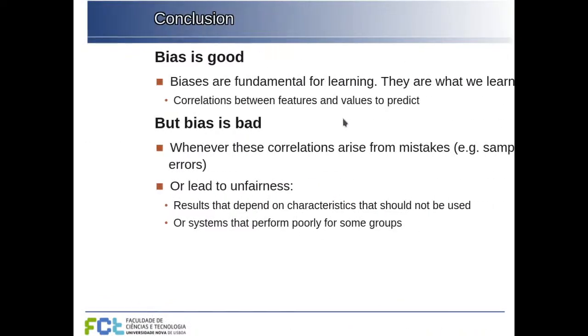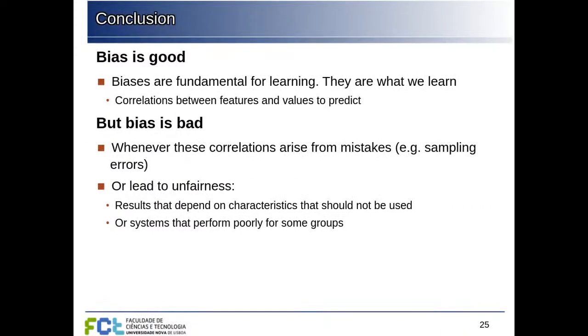Okay, so to conclude, we saw that bias is good, but it's also bad, because bias is fundamental to learning. All the correlations that we find that allow us to make a prediction based on the features, those are biases. We need to find those biases in order to learn something. But whenever those correlations either arise from mistakes, from improper representation of our data, or can lead to unfair results,